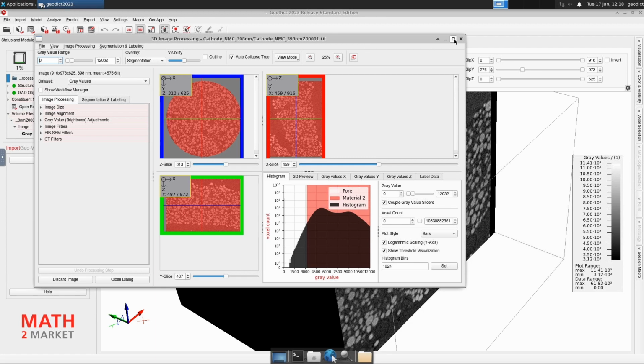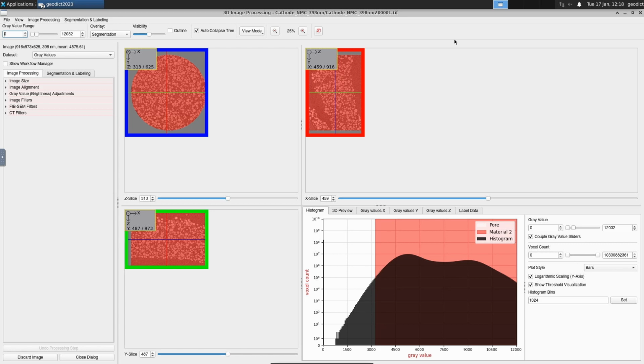It's with the rectangle up here. And now we're in the 3D image processing dialog. You can directly see 3 areas with the structure from the different views: the Z direction, the X direction, and the Y direction. At the beginning you see the middle slice of all directions.